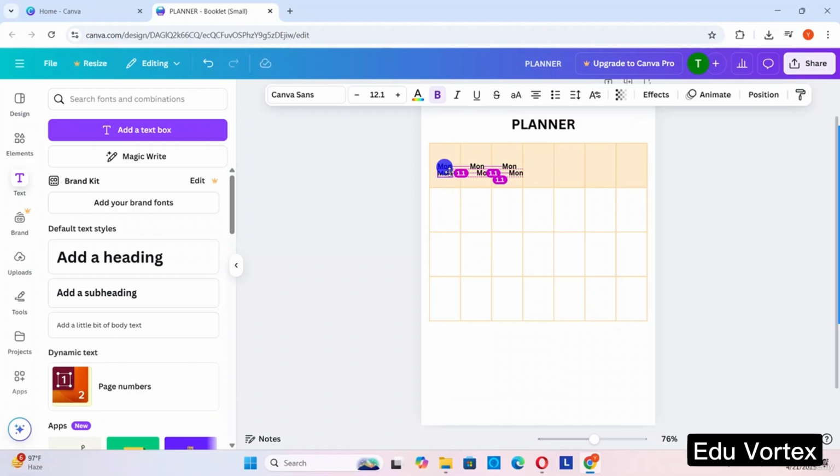I am adding a text for Monday, and I just need to decrease it a little bit, and put it over here, and let me increase the size of this planner,